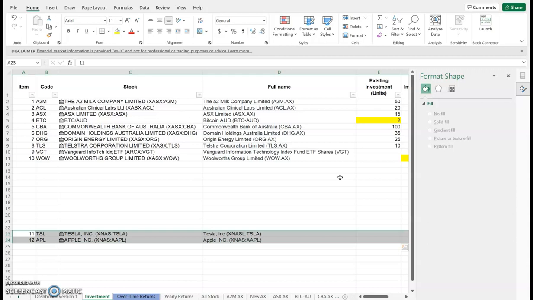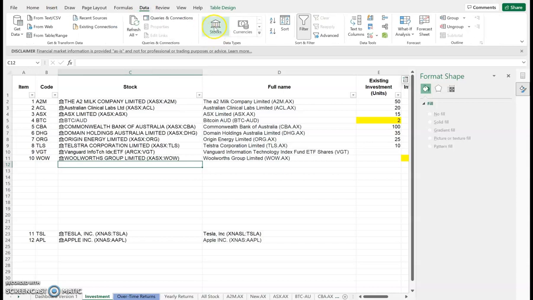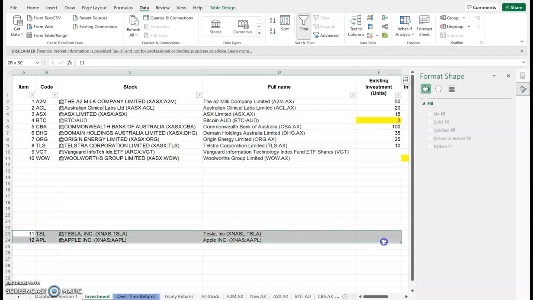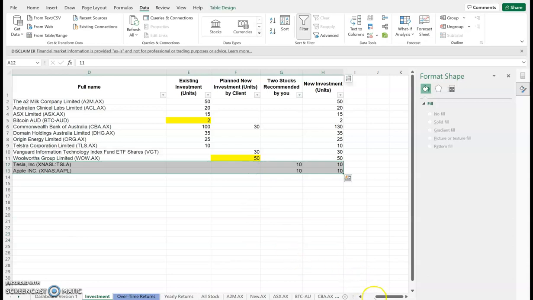So let's say, for the sake of argument, you guys decided to go for Tesla and Apple, right? You've just got to type in tesla.inc directly under these stocks here, and it should be able to identify which company you're talking about. Otherwise, if you type in Tesla, go into data, you're able to find it in the stocks thing there. But yeah, add your additional stock information that you've got to the bottom of the rest of the client investment